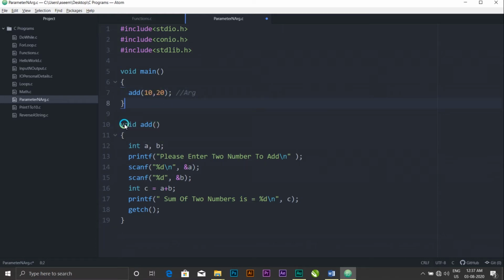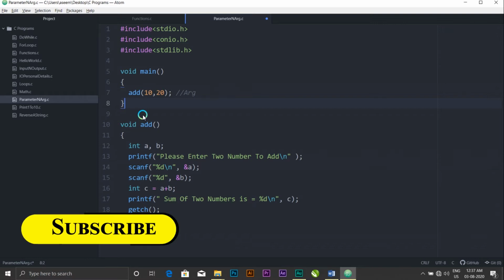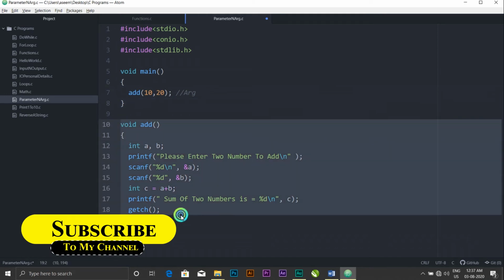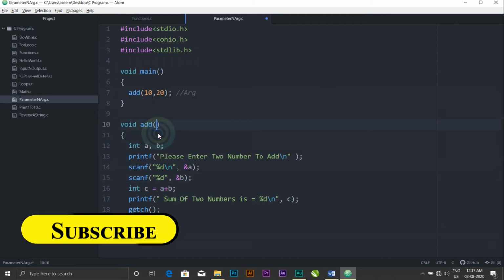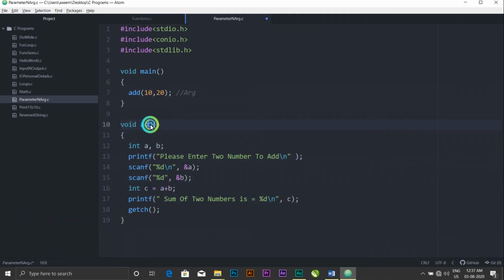Now, when we want to pass arguments to a function, we pass them using parameters. Let us come to the function definition. Here we have a return type, then the function name and brackets. Inside the brackets, we will accept the arguments.